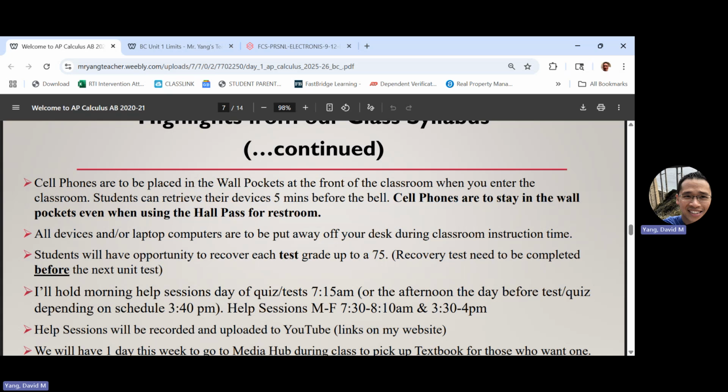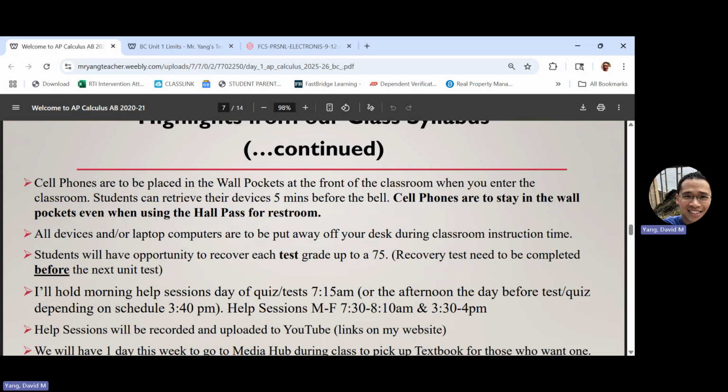You actually have to come in. I'll try to hand back your test or quiz a week after you've taken it, so that takes me about that long to return your test. But once you have it returned to you, if you have any questions, you can go over it with me, come in for a help session, and then you'll come in and take another version of that test or quiz up to 75.